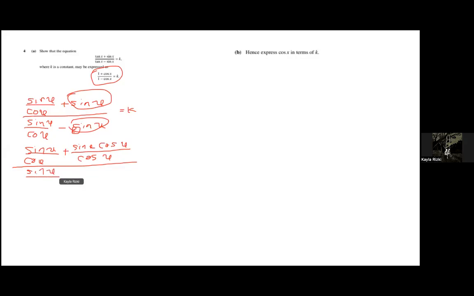x per cos x minus sin x cos x per cos x equals to k. And then, karena ini sama-sama bawahnya cos x, kita bisa